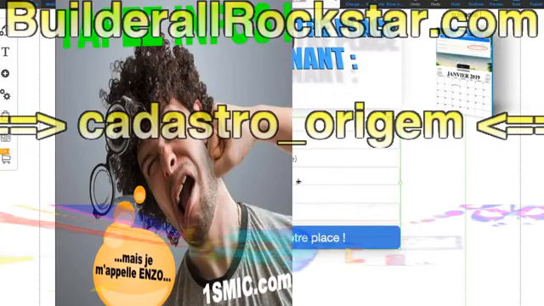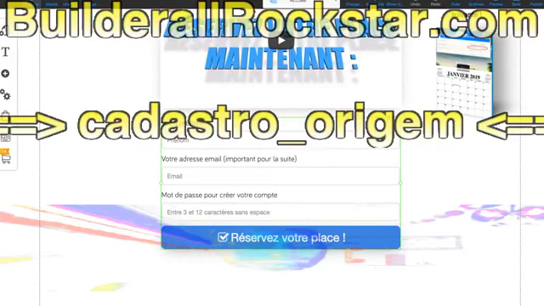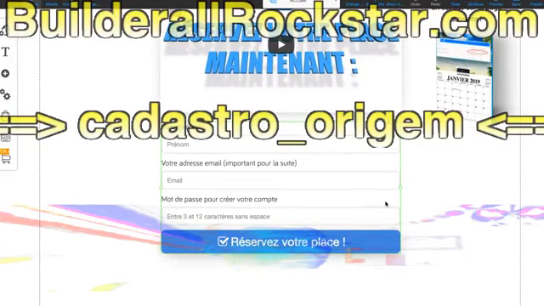So it can be useful to add it, but personally, I don't put it for now. We'll see later, but you know, the fewer fields you have, the better. At the moment, on this one, I have three, and I was thinking about not putting the password.